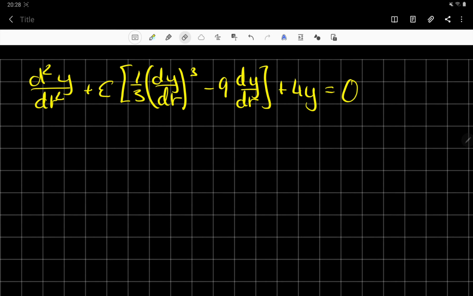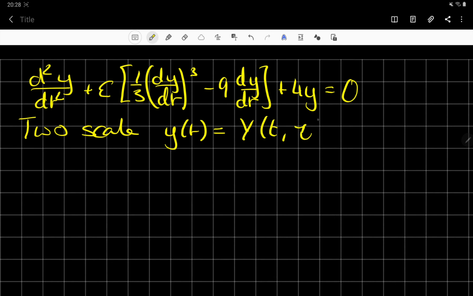So as is usual for two-scale, we're going to say that y of t we can rewrite as y of t and tau, where tau is epsilon t. So we can use that to rewrite the derivatives. So dy/dt is dy